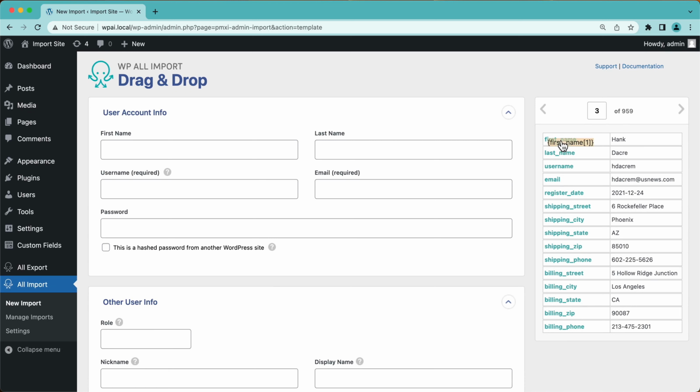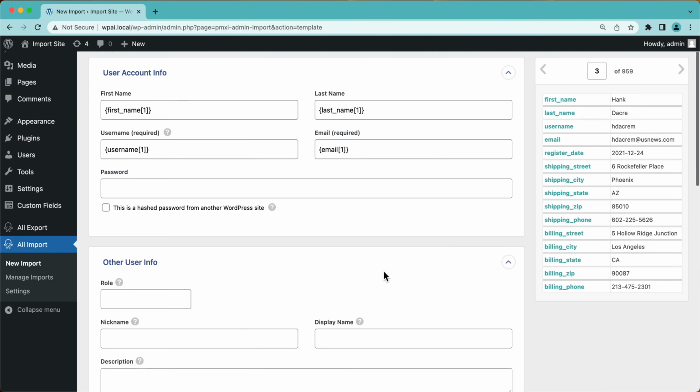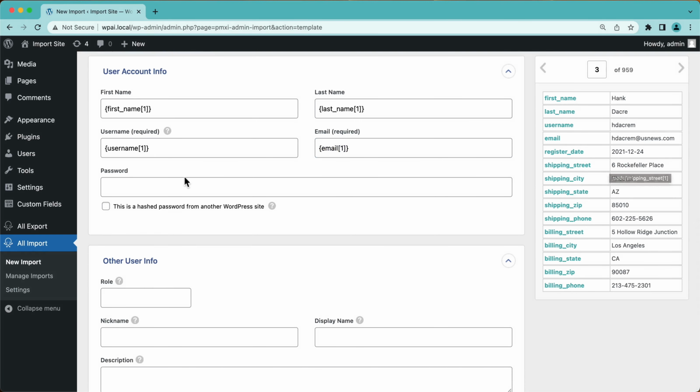So first, I'm going to drag in my first name and my last name, and the username, and the email address, and the password. And what we're going to do is leave the password blank and let WordPress assign a random password to these users. And then we can just email all the users and tell them to log in and create a new